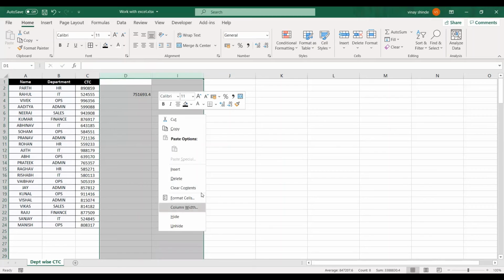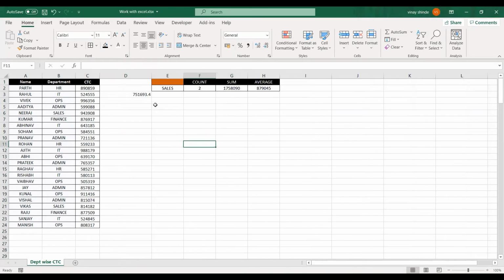So I've created it over here. Let me show you. So what we can do is we can create this table. Now what I've done is I've given headings count, sum, and average, and I have kept this cell for entering a department.